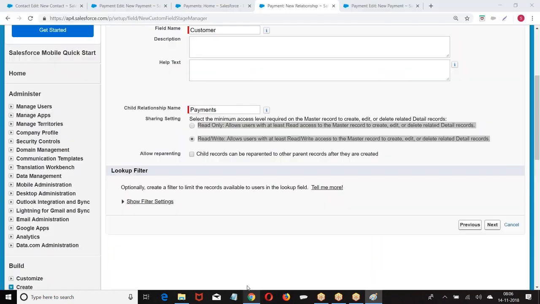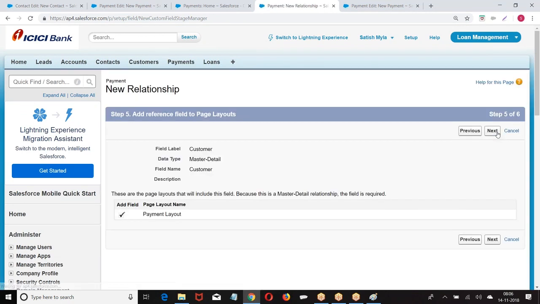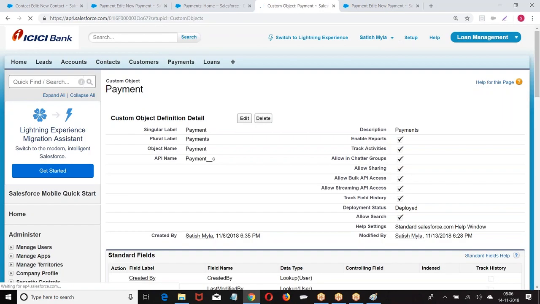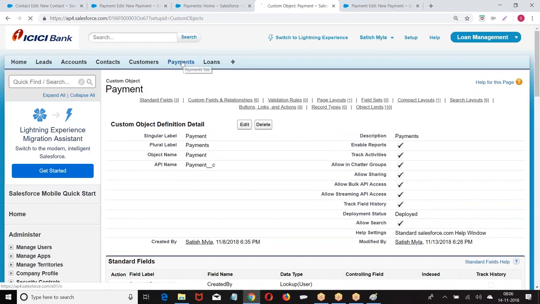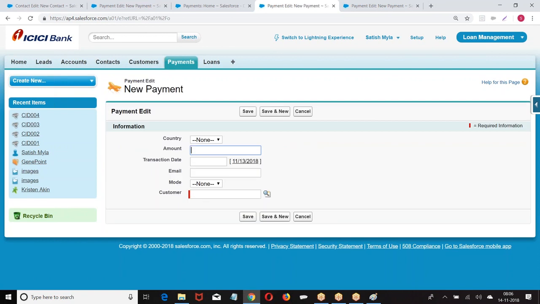That's what we are seeing as sharing setting, allow reparenting, lookup, give next. I hope you are good. Then you go to the payment object, new payment.